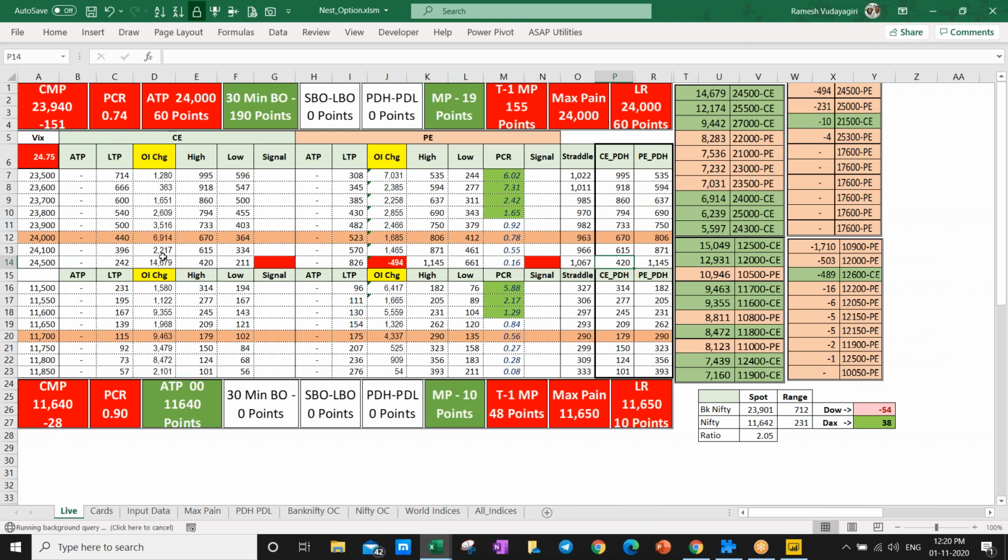For example, I have pasted the data already for Friday's high low. That's the reason you can see here call high 615 and 615, both are the same. On Monday, when the price is coming in, for example, now 24,500, in case there is a gap, whatever you can see here,